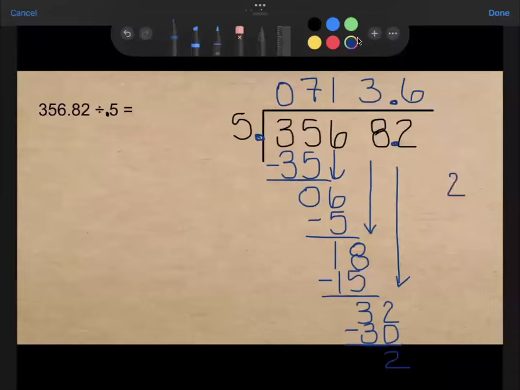Now, we've talked about this in some previous videos, but you cannot have a remainder when you're dividing with decimals. So since we have a remainder of 2 here, I'm going to need to add a 0 to the end of that 2 to make it 20 and keep dividing. So 5 fits into 20 4 times, and 5 times 4 is exactly 20. When I subtract that, I get 0 left over. So now I can be finished because there are no more numbers to bring down and I have no remainder. So the answer here would be